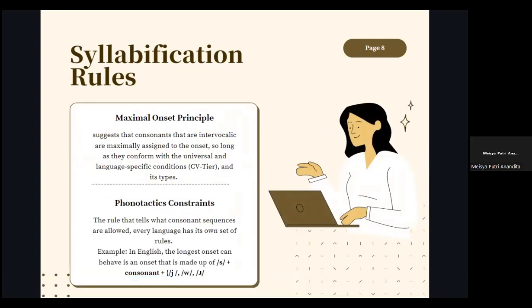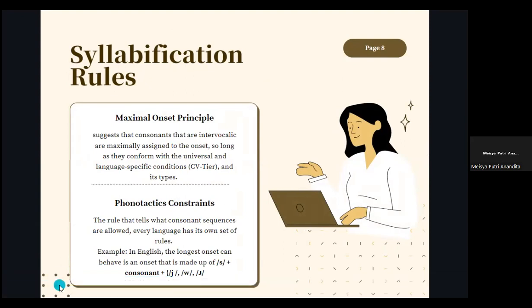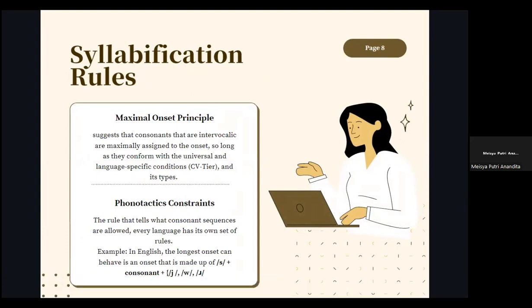Syllabification rules. The first one is the maximal onset principle. It suggests that consonants that are intervocalic are maximally assigned to the onset, so long as they conform with the universal and language-specific condition. The second one is phonotactic constraint, the rule that tells what consonant sequences are allowed. Every language has its own set of rules. For example, in English, the longest onset that can be had is an onset that is made up of S plus consonant plus yah, wah, or